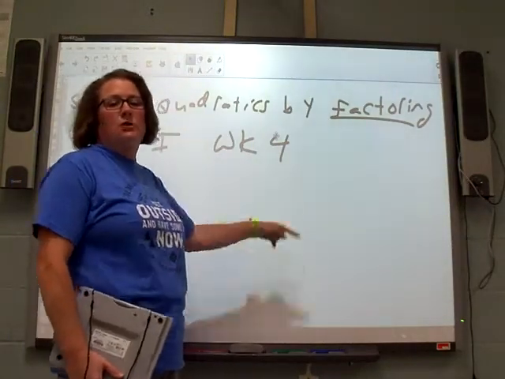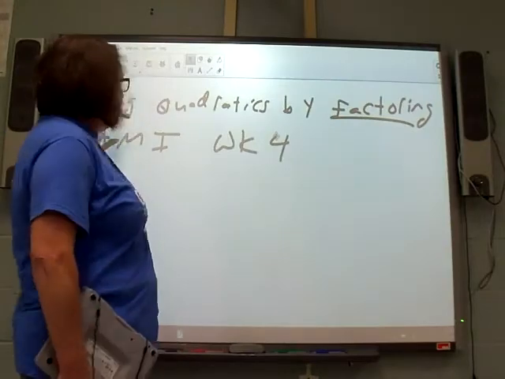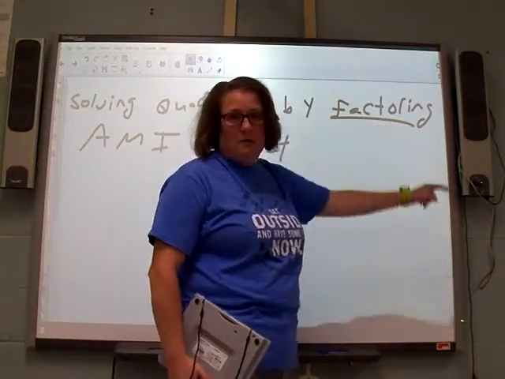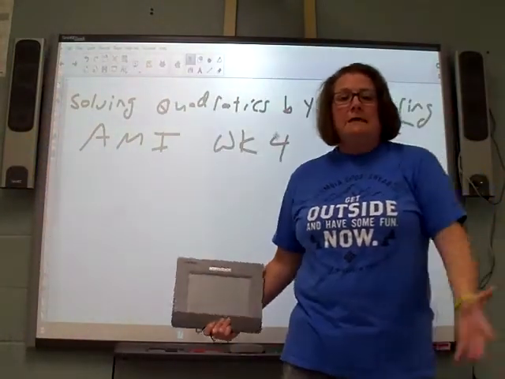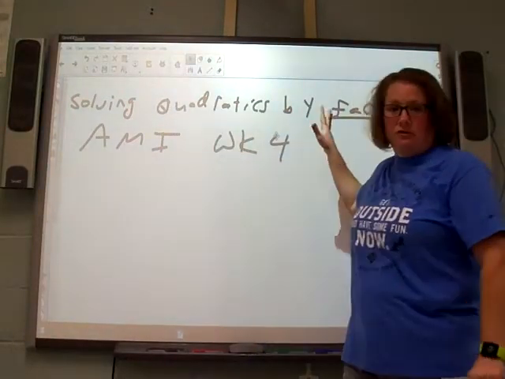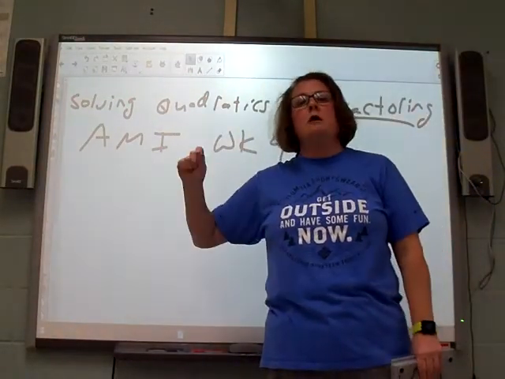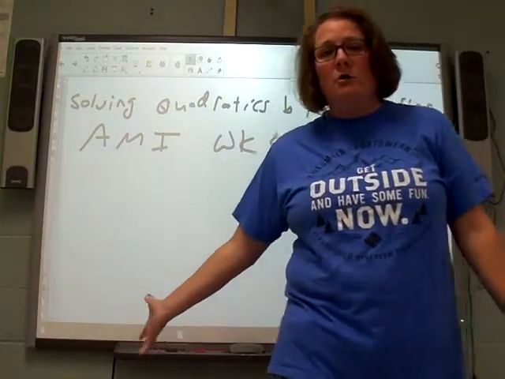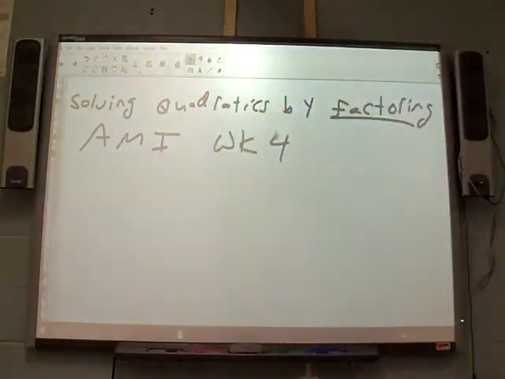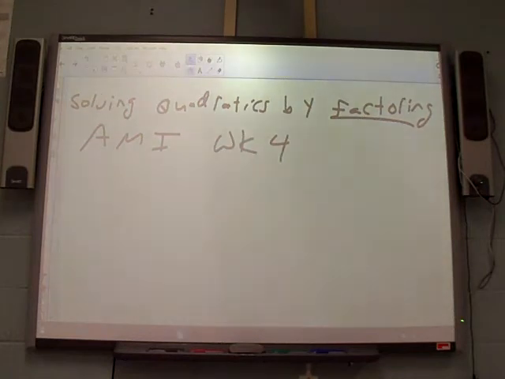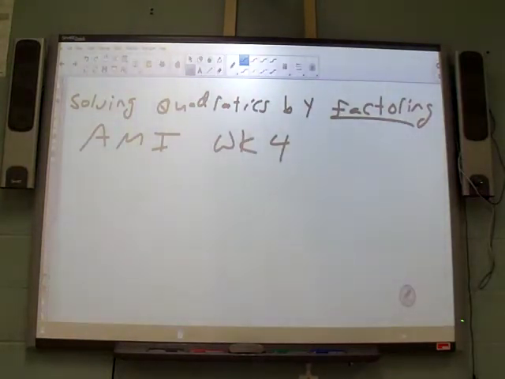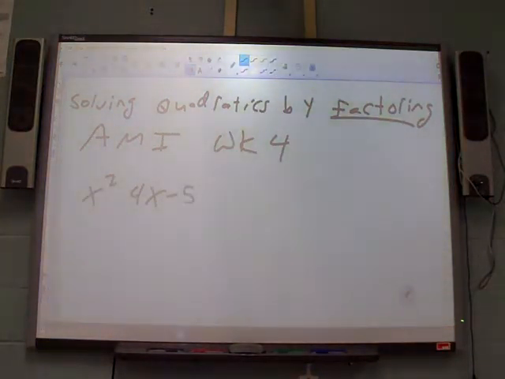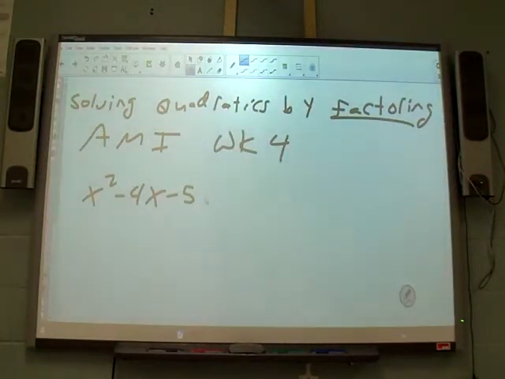That's how I need you to label the assignment that I give you at the end of this. We're going to solve quadratic equations by factoring. On the assignment at the end, you have to do it by factoring. No options on that. You've got to show your work, and I'm going to review here, but then you'll do the assignment like I do it, by factoring this time. So let's say we have x squared minus 4x minus 5